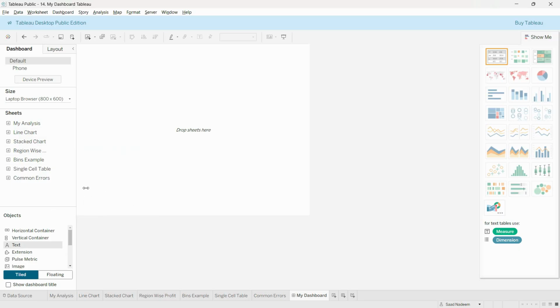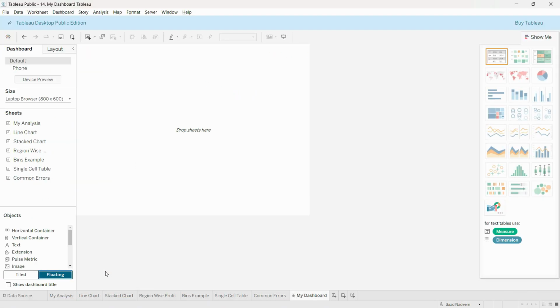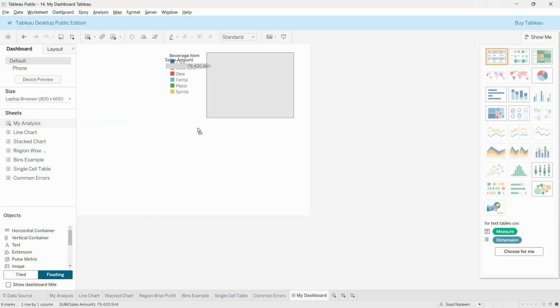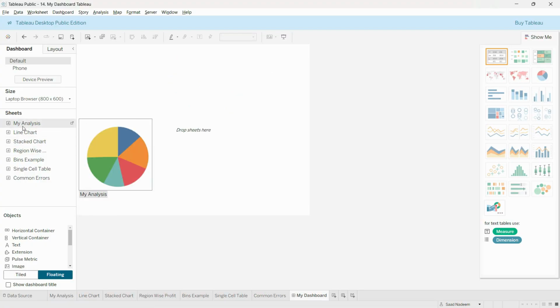Now this time, let's place the objects again, like all the charts, but on the bottom, we will change from tiled to floating. Now what floating does is, we have the flexibility to put it anywhere we want, and we can increase or decrease the size according to our needs. So this is perfect for a lot of flexibility, especially if you have a lot of charts. We can do it like this. So let's place it one by one. Let's create our dashboard 1, and then we will see different examples of it further. But for the starting point, I always recommend you to use the floating one